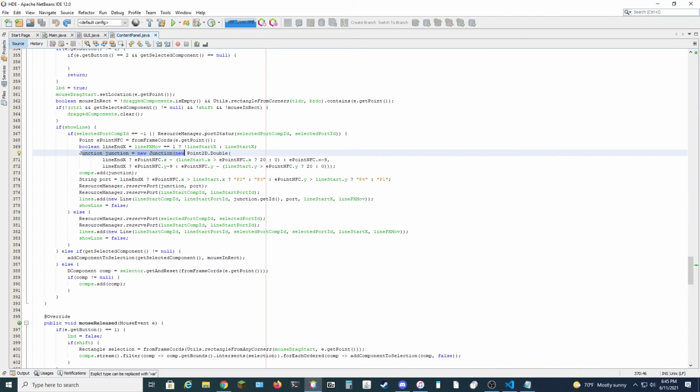So next up, we are going to create a new junction component, which is just going to be something which will allow you to take one line and split it off into multiple. We are going to set its location to be